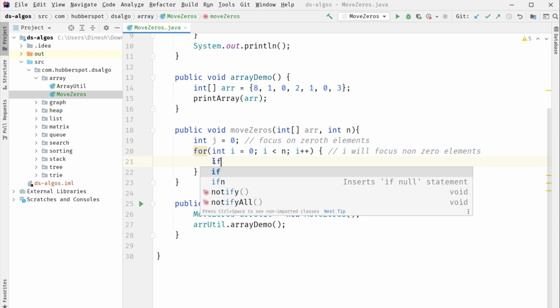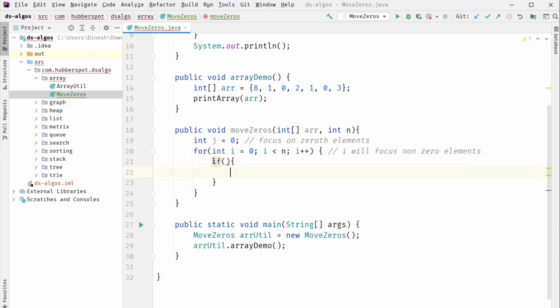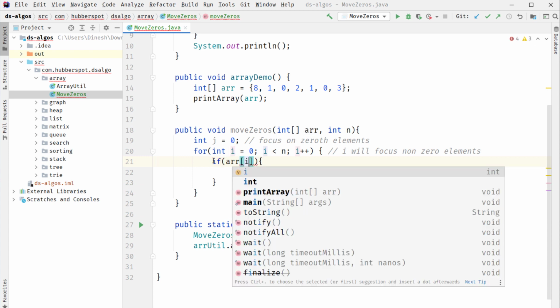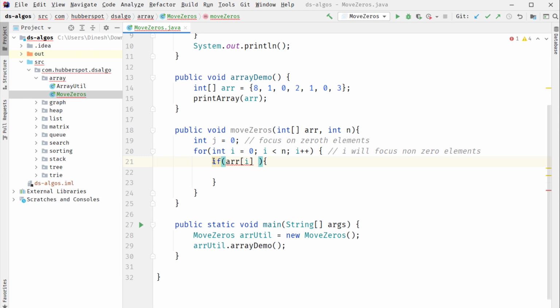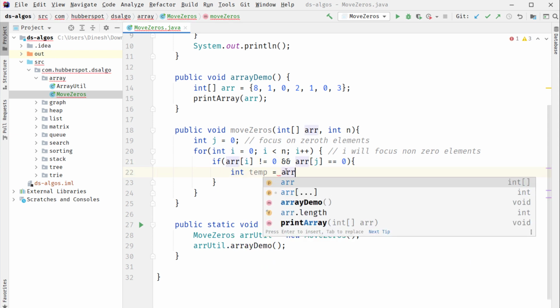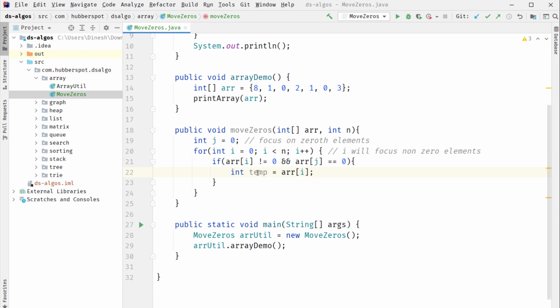So in the for loop, what we do is we provide an if condition, and here we'll check the value stored at ith index is not equal to 0 because i will focus on non-zero elements, and if the value at jth index is equal to 0 because j will focus on zero elements. So if these two conditions are true, then we'll simply perform a swap by taking a temporary variable.